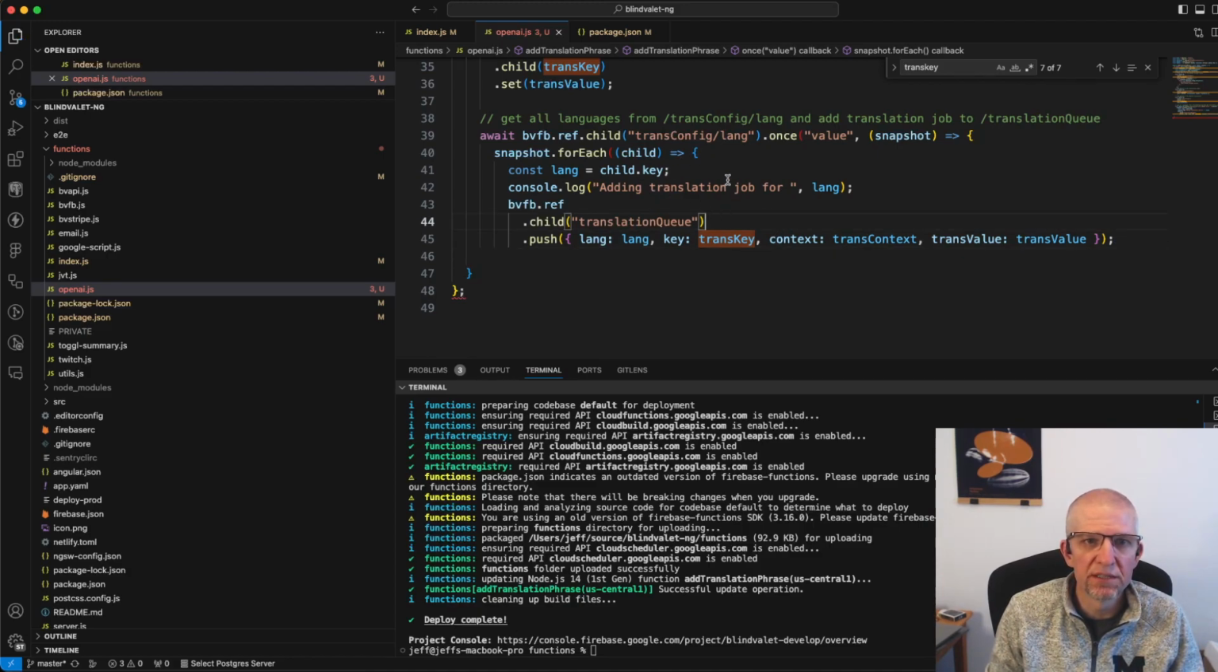So basically what we're doing is we're creating a new entry in the database at the translation queue, which doesn't even exist yet, this area. We're going to push in a new value for each of the languages that are listed there, except